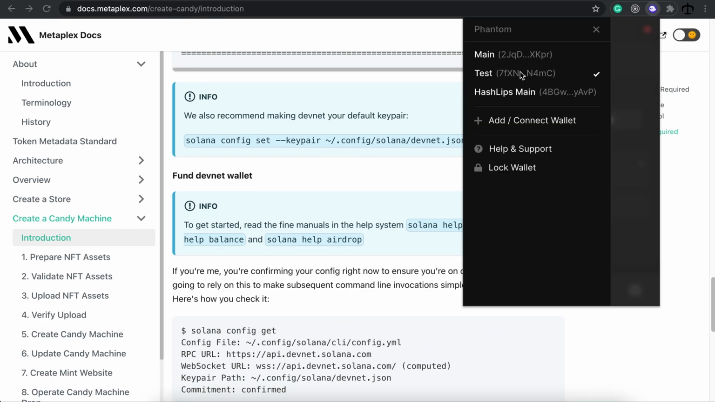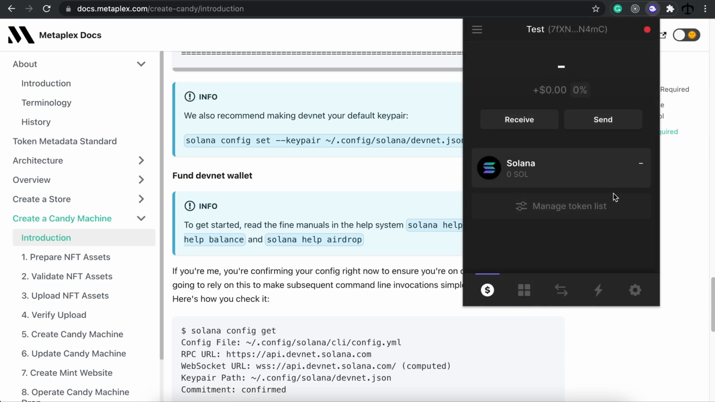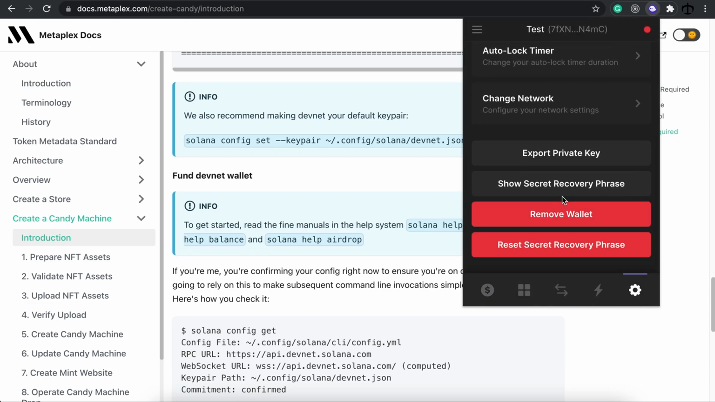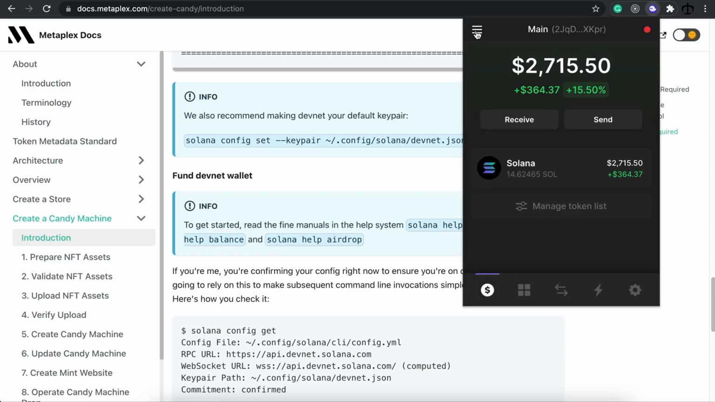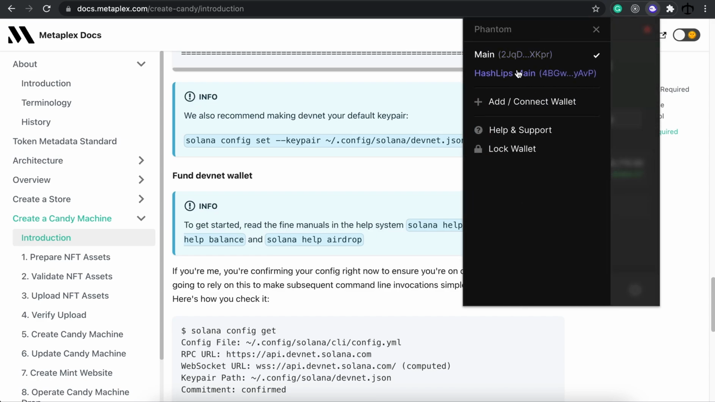So to remove a wallet, you click on the wallet you want to remove, go to settings, go all the way down and click on remove wallet. The only two ones I now have is my main one and the HashLips main one. At this